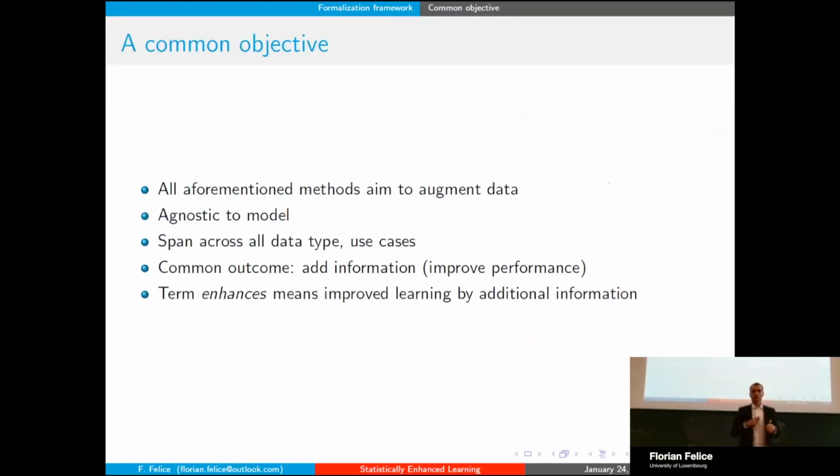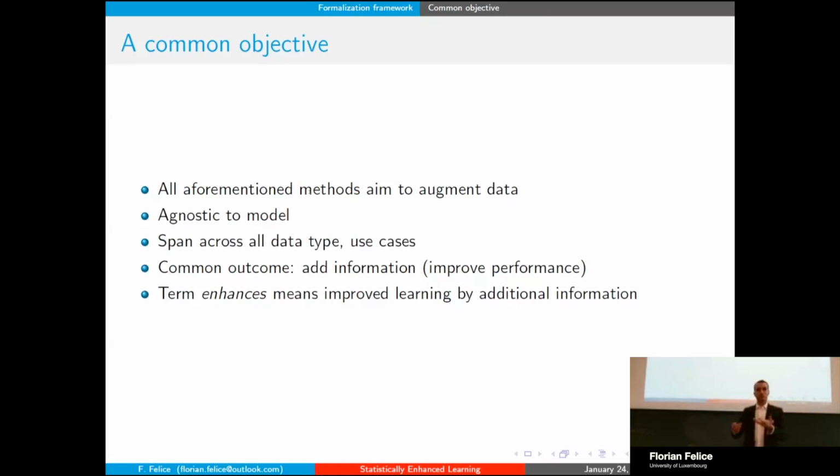So what I just mentioned, for the different techniques, they may sound very separate, but each time the goal is still the same. They want to augment and improve the actual learning of the model, boost the performance of the model. It actually applies to any kind of technique, as I showed, like for natural language processing, computer vision, or tabular data. And it achieves the same objective of giving more information. So we use statistical tools to extract specific information we're interested in and add that in the model for boosting the performance.